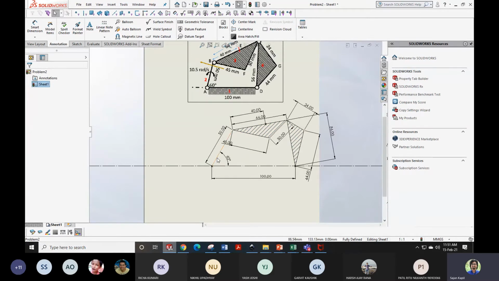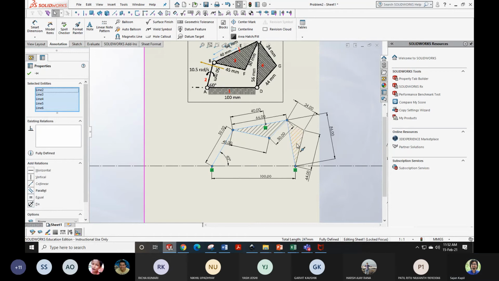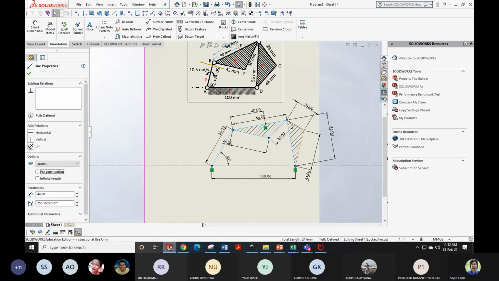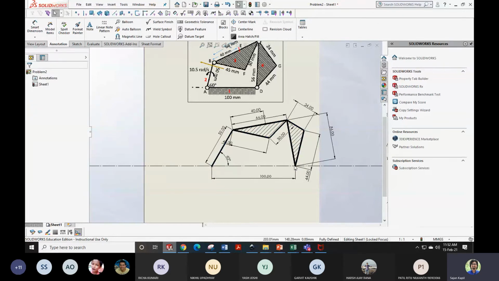Let us give some thickness slightly higher than what you are seeing for the lines of the dimension, so that it will look good. Yeah. So we have got it, and I give some thickness to this. This is how your position diagram should look like currently. I can see that.